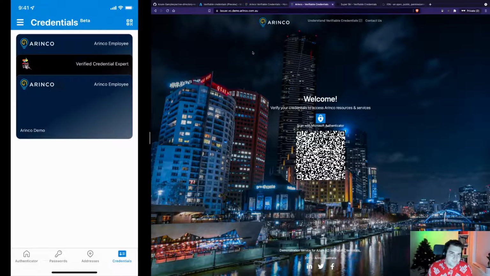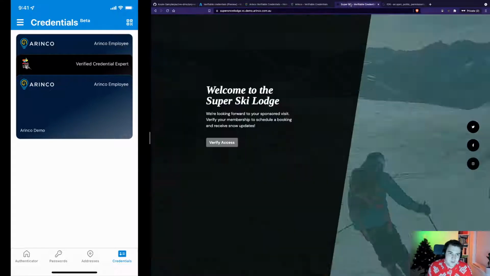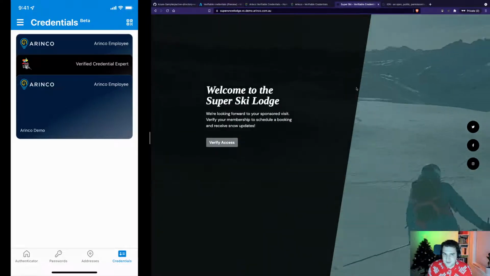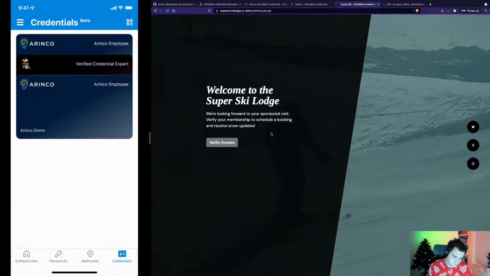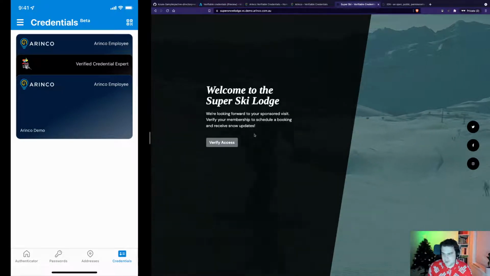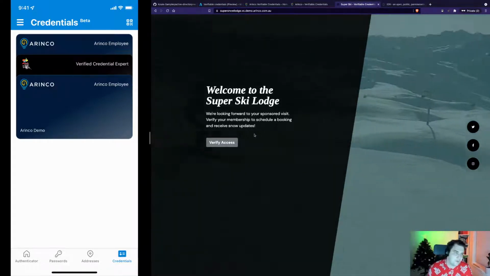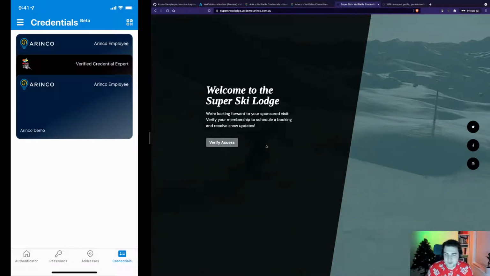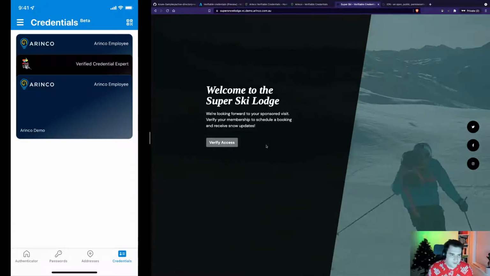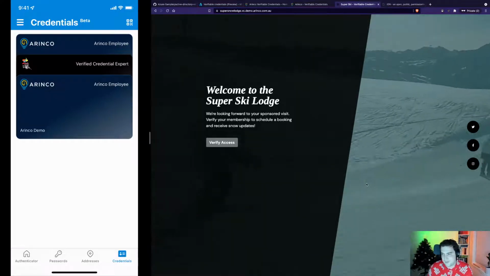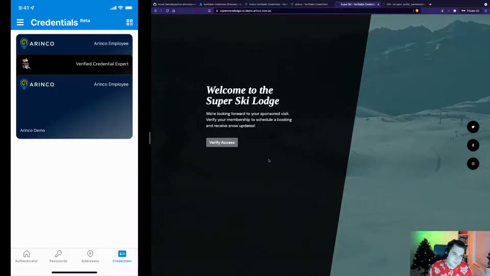Once I have a VC, I then want to use it, right? So this is up to the party that wants to accept VC on how they do so and what their purpose is. So you might just have it as your standard login portal, standard scenario to actually get into a website. I mentioned earlier, I think the building access use case, the PIV use case is really cool. So I can envision a scenario where maybe you sign up for like a corporate benefits program or something like that, and you want to access a building that's assigned to you via a corporate benefit, right? So this website here might display on something like a access panel at the start of the building.